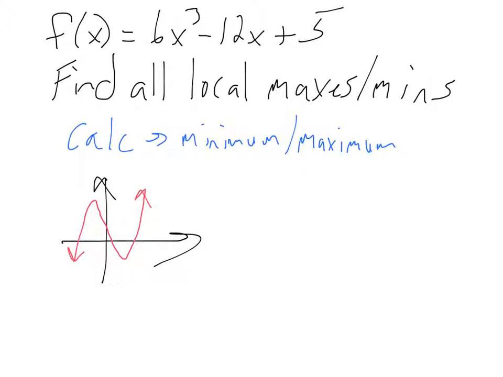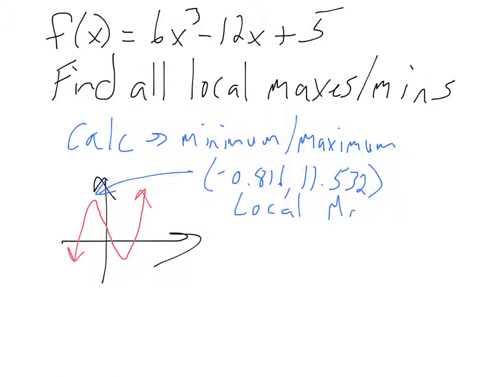And then for the guess, you can just hit enter one more time, and it will tell you that this local max right here is located at the point -0.816, 11.532. Of course, I'm rounding to 3 decimal places in both cases. Okay, so that's the local maximum right there, right? So you can use your calculator's maximum function to locate that, and you can do the same thing with the